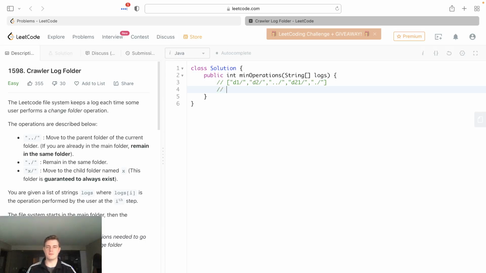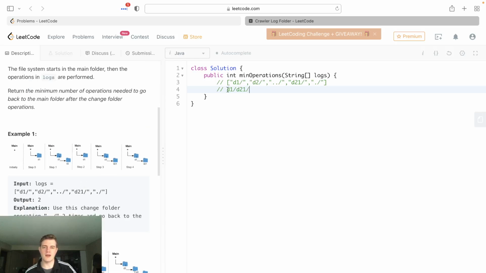Just explaining this simply, if we're given a folder, that means we're now in D1. If we're given another folder, that means we're now in D2. If we give the double dot, that means we go back. So we take off D2, we're back at D1 again. If we go to D21, that means we're now at D21. And then if we're given the single dot, if you know from Linux style directories, this is the same directory, the relative directory. So it does nothing. So we're just at D1, D21, and the answer is 2 because we're now 2 away